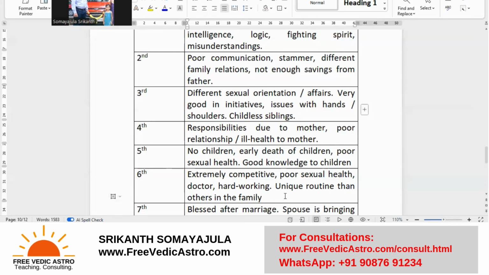Look, I cannot write every signification that the 5th house represents. Whatever horoscopes came to my mind while I was trying to document it, unfortunately, some of it is lost. I just realized now that it is not full. Some of it is lost. Okay. So anyway, we will try to manage with whatever is available today.